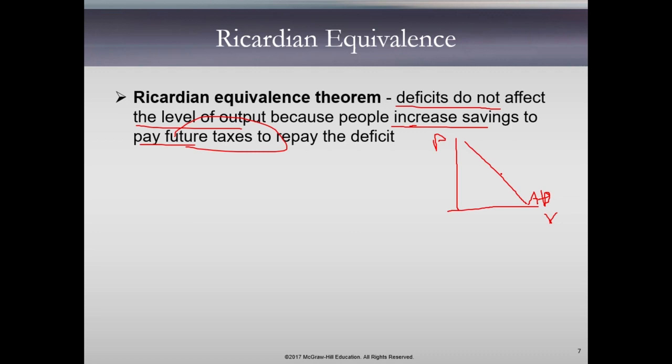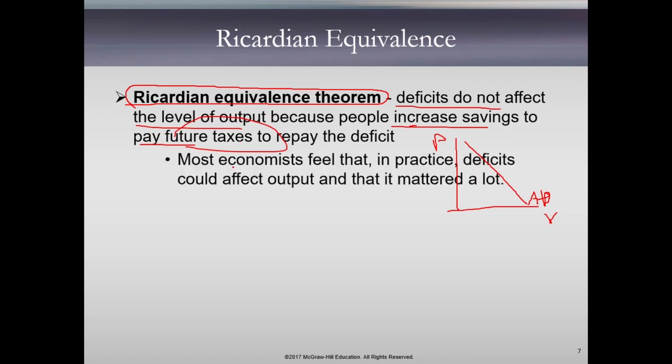So the aggregate demand curve doesn't shift. It's logically a beautiful argument, right? Ricardian equivalence. It's really appealing to economists because it's not something that's immediately obvious, kind of like comparative advantage. But when you think about it, it makes perfect sense, and it casts a lot of doubt on the effectiveness of fiscal policy. So, most economists, including classical economists, understand this argument fully well, but believe that in practice, deficits